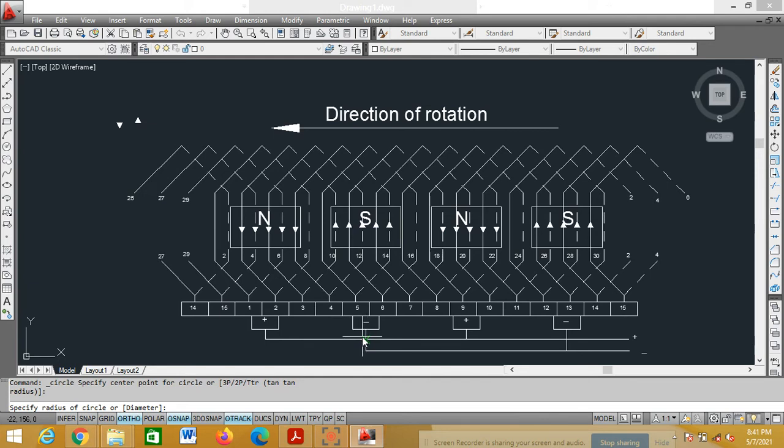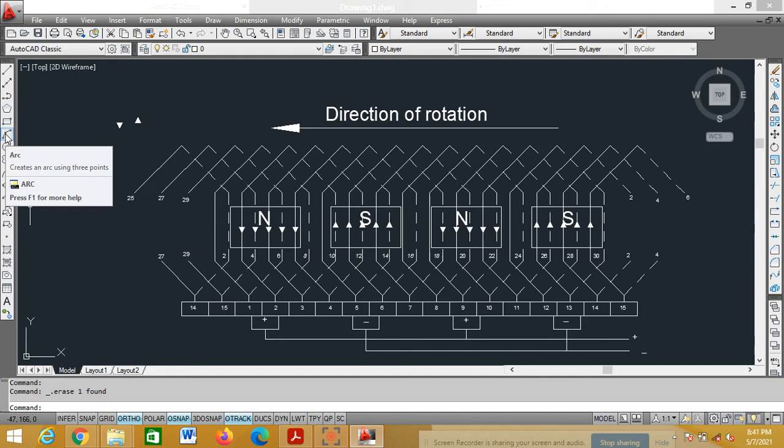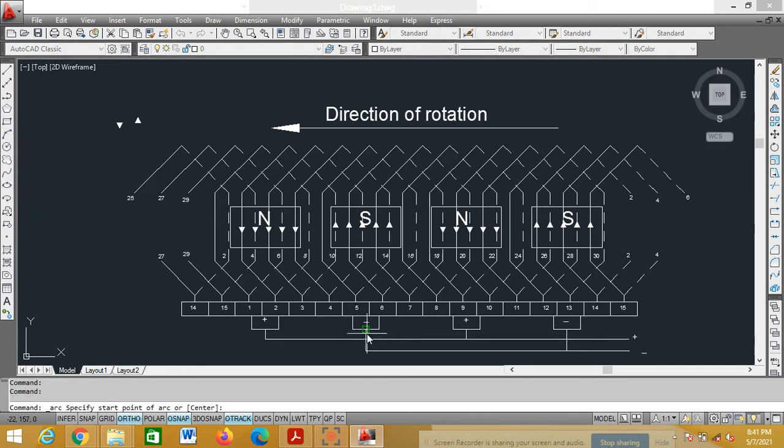Diameter, small circle, you can draw like this. Bring a big circle, just delete it. Or you can also go for an arc, 3 point arc. You should go 1 point here, 1 point here. You have to select and draw an arc. Or you can leave it as it is.